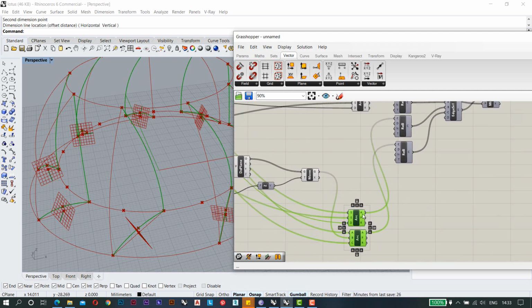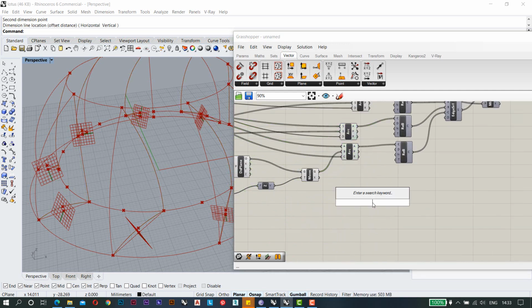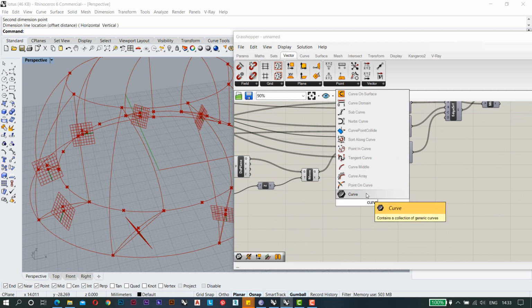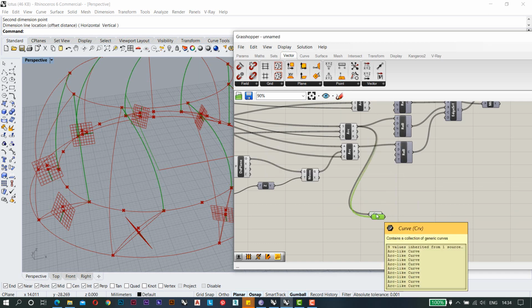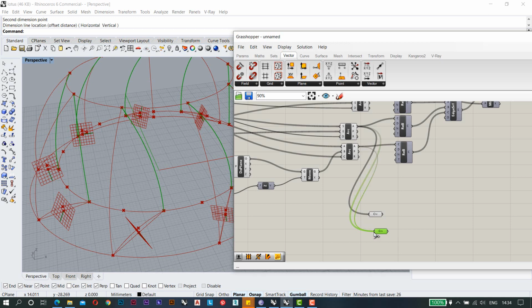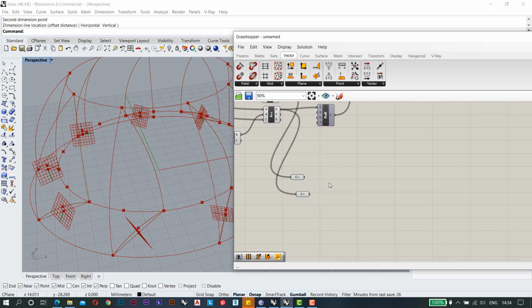Or probably what you can do is just place them there, add one curve option, and put it here, and Control C, Control V, Control C, Control V, and you will have another arc. So these are the 2 arcs that we have.